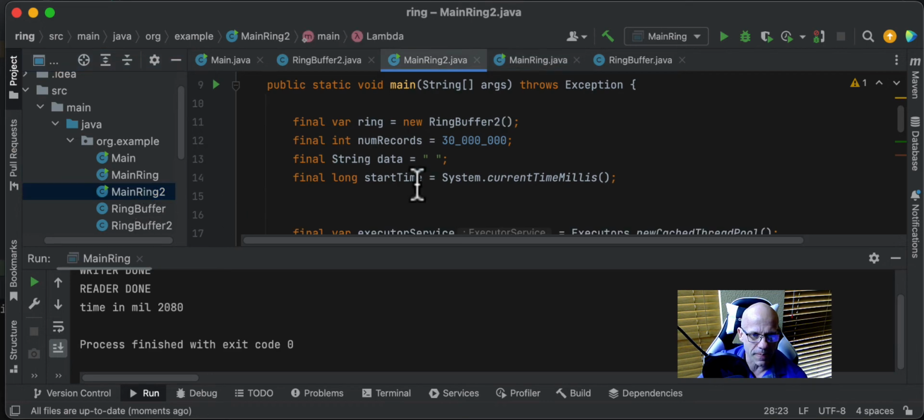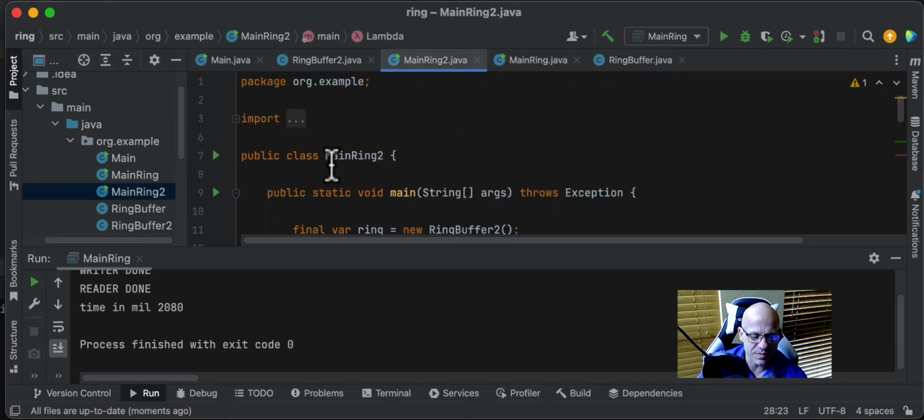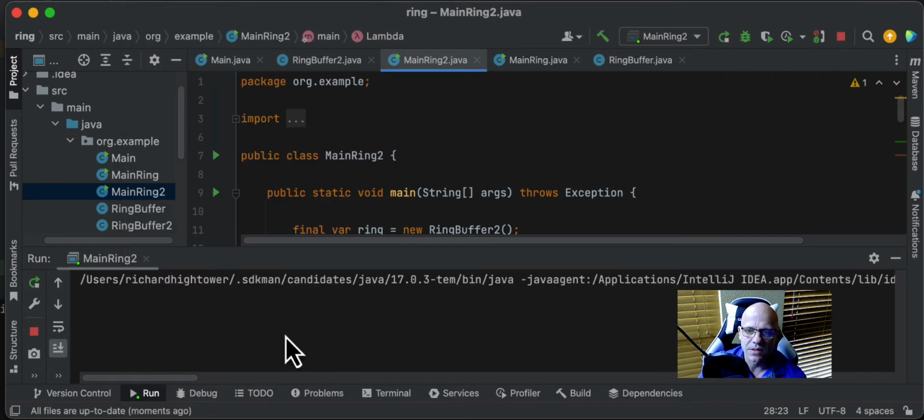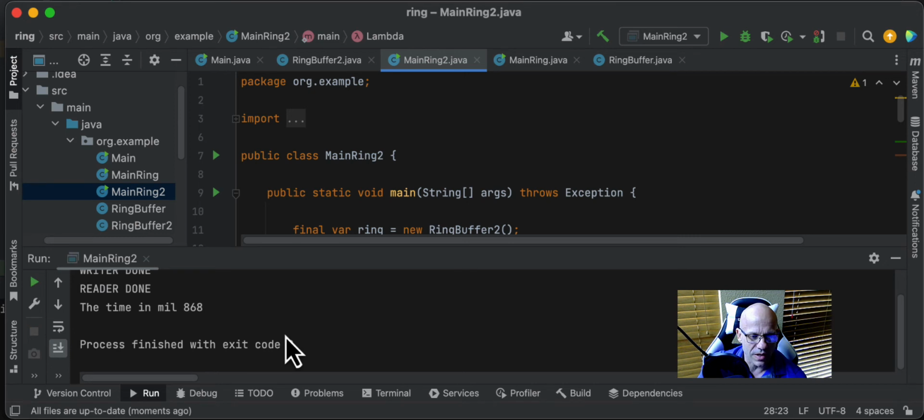But here's the same test, this is though for the optimized ring buffer. We'll talk about what the optimization is in a second here. So let's run this. And here we go. We're running it. And look at that. 868. So under a second. So half the time of the ring buffer, which was 2/3 the time of the first one, and 3.2 seconds